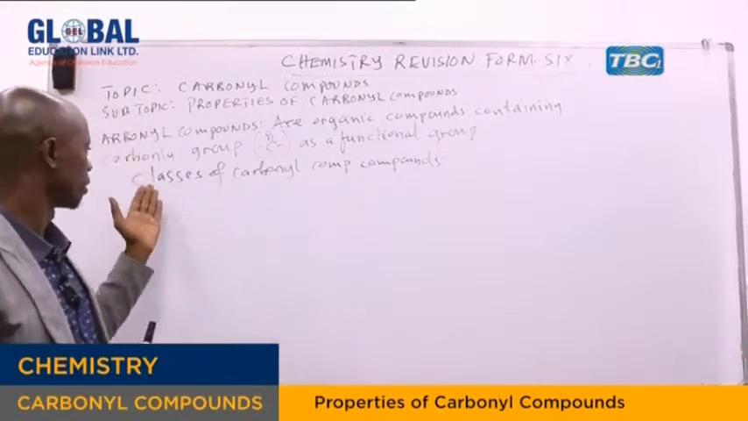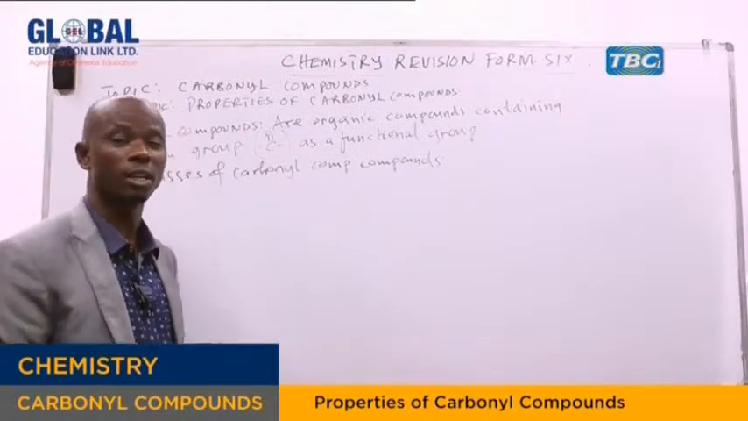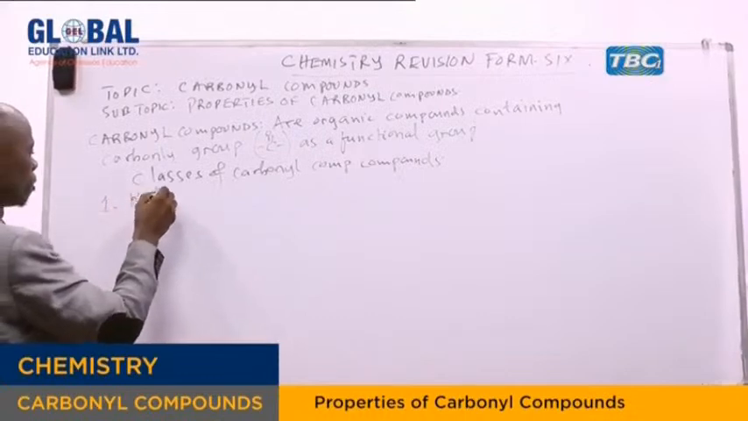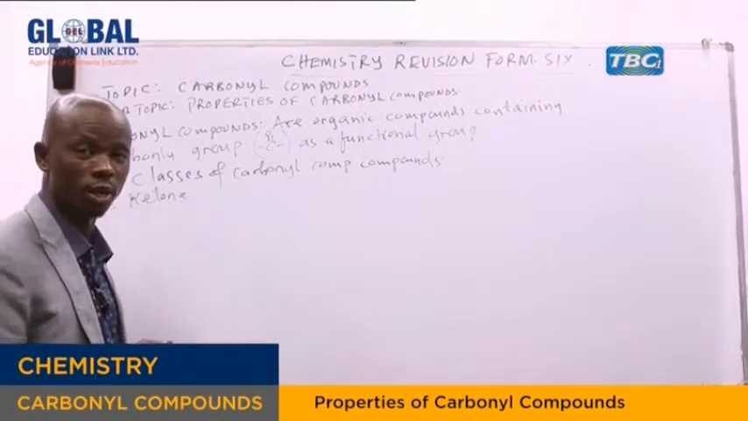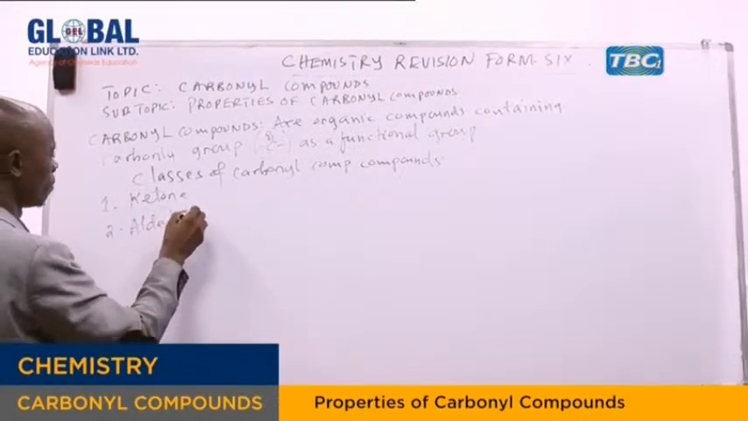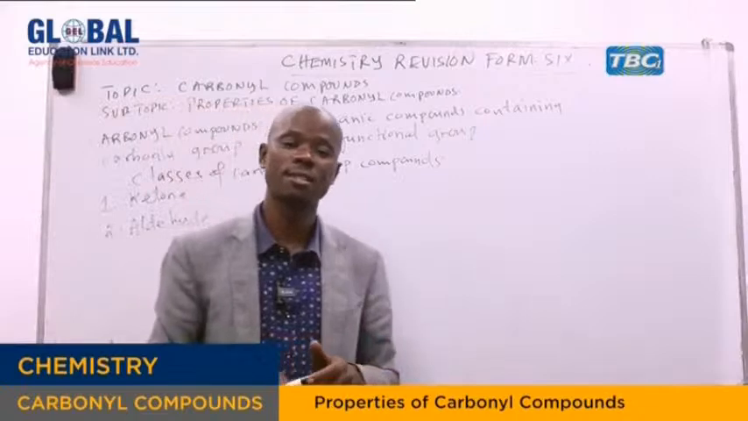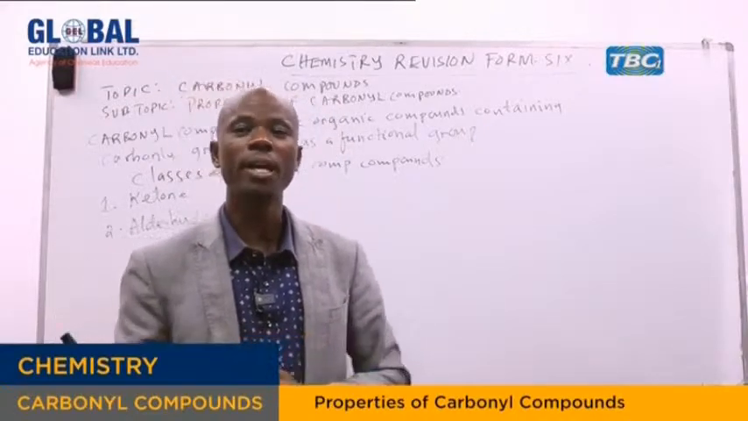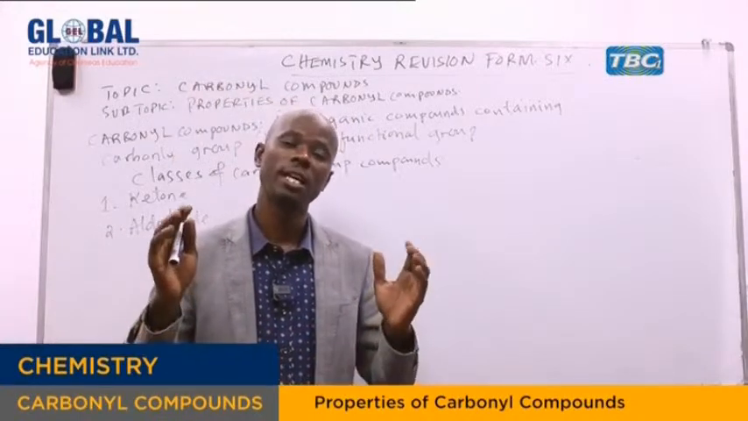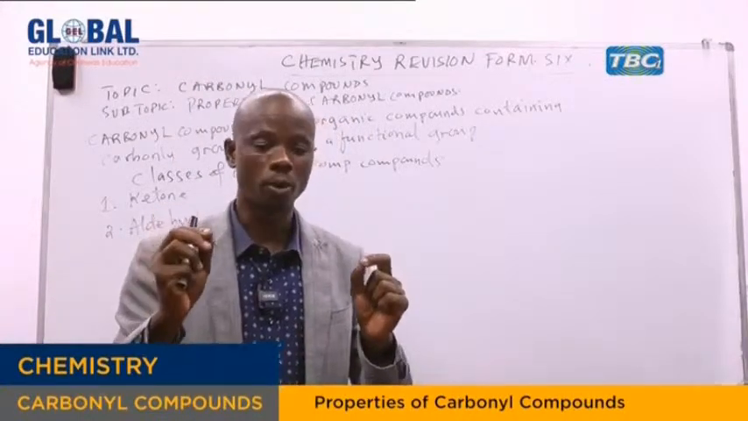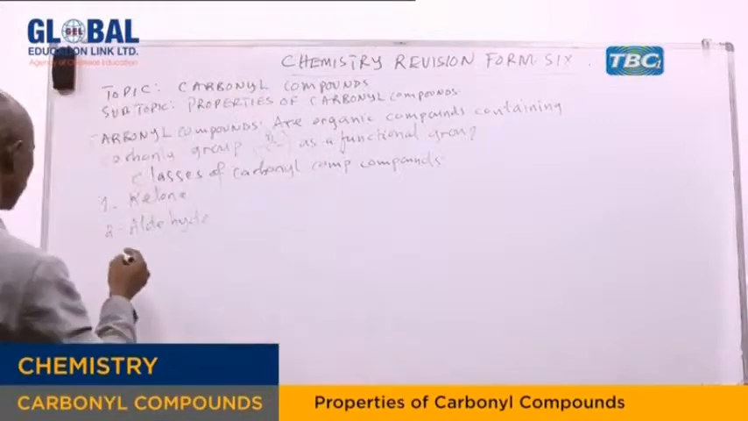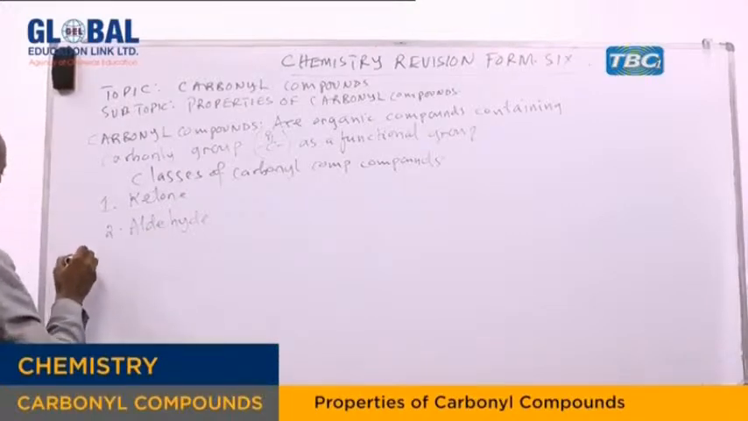Now, my dear students, we have two classes of carbonyl compounds. The first one is ketone. The second one is aldehyde. The two classes differ from each other depending on the position of the carbonyl group. That means the two compounds or the two classes are isomers to each other. Starting with the first one,